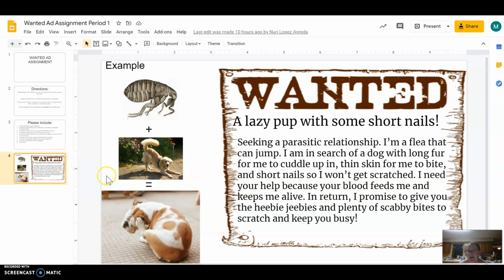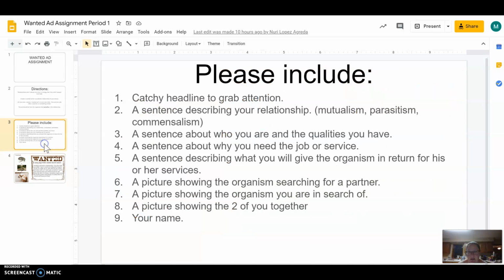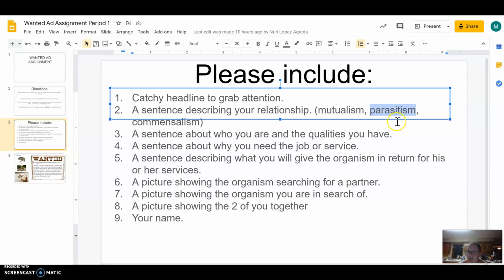So I want you to create something like this, that something is going to potentially read this and then be very interested and respond. So this picture is a flea, and then we have a dog before the fleas, and then a dog after it's replied to this wanted ad and gotten fleas. So you'll notice that I'm asking you to provide a catchy headline, a sentence describing your relationship. So in my example, this was my first sentence where I said, I'm seeking a parasitic relationship. So I use this term right here,